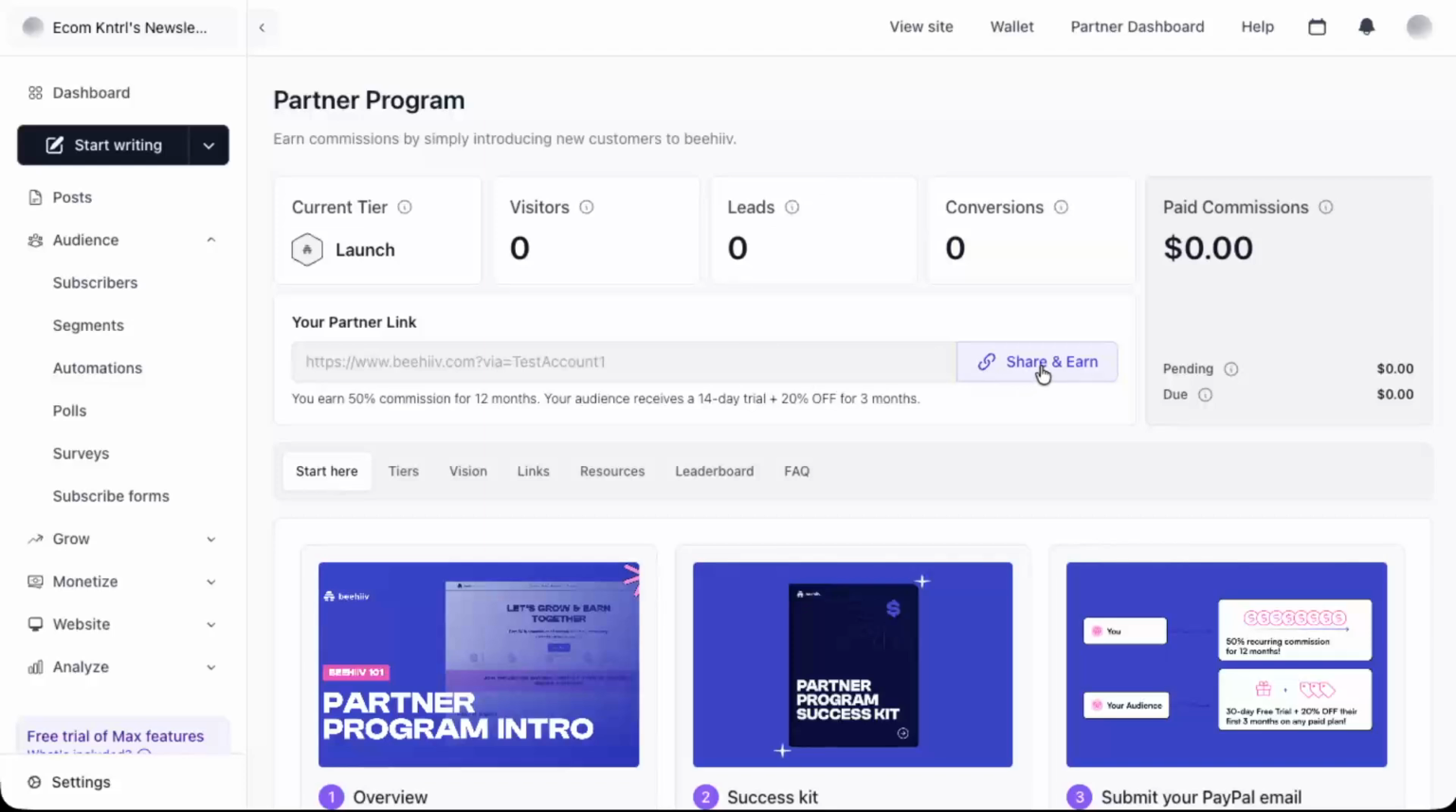You should now see your unique referral link right on the screen. This is your BeeHiiv referral code, usually presented as a shareable link. You'll also notice options like Share and Earn, and a dashboard where you can track clicks, signups, and conversions. From here, you can copy your link, share it with your audience, and monitor your results directly inside the partner